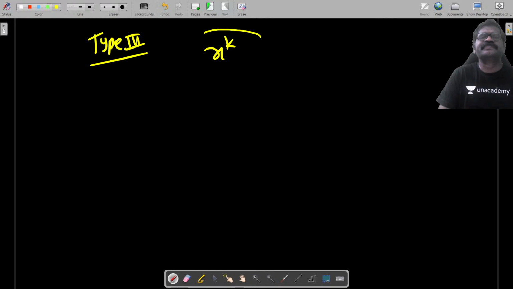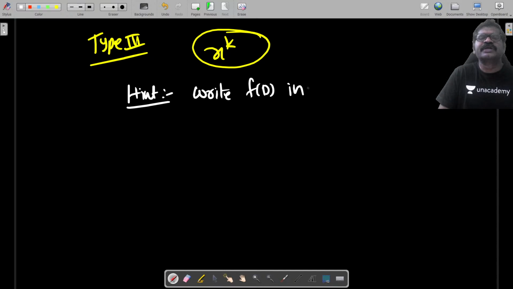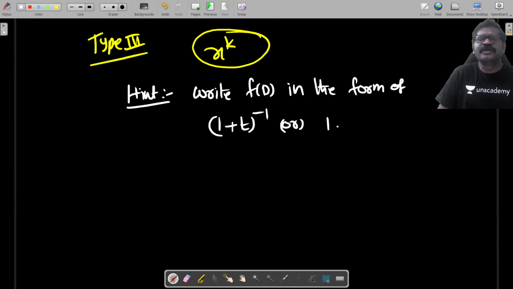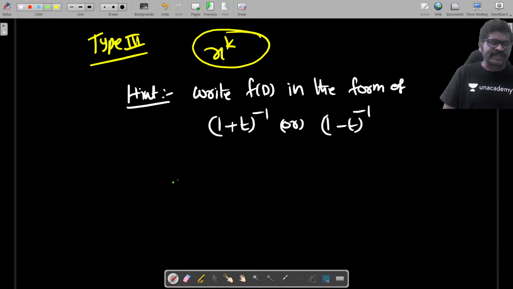Algebraic function. Whenever a particular function is an algebraic function, we have to write the function of D in the form of a binomial expansion. Write the function of D in the form of (1 plus t) whole inverse or (1 minus t) whole inverse. Now, for example,